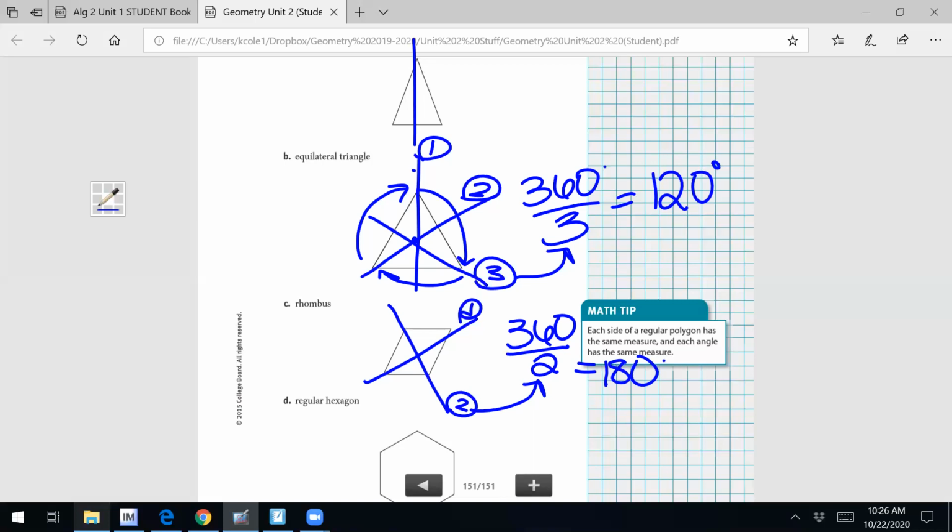I have a question about PSAT practice. Uh-huh. It says like find X